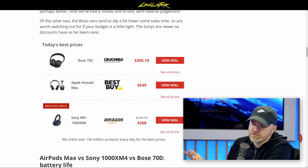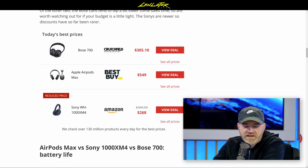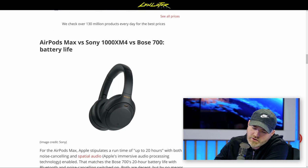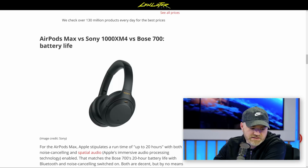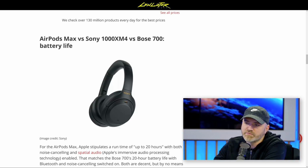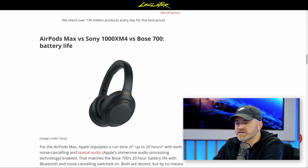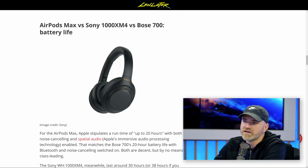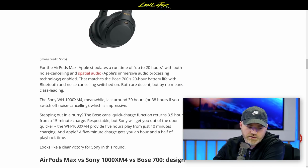Battery life is an interesting one. Anytime I'm talking about a wireless product, Apple has stated that the AirPods Max are going to get 20 hours of battery life. Not a terrible figure. In fact, it's actually, I believe, the same figure that the Bose 700s are capable of on paper. It's going to vary depending on the volume level that you're using, but that is with noise canceling turned on,